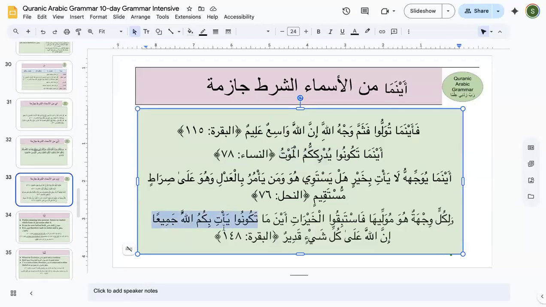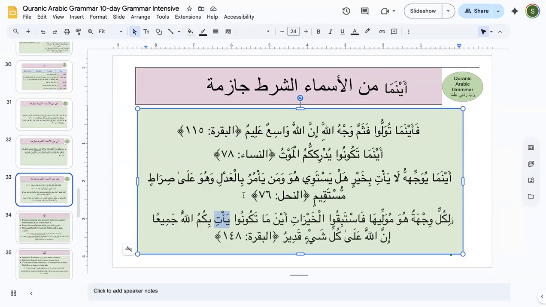There is no need for any fa because the jawab was jumla filia. It does not have any of the 8 conditions where we needed a fa. In here, what is the sign of majzoom status in yati? It is the hasf of ya, it was ya ti. There was a ya at the end, and the kasra is not the sign. It is the omission of the weak letter. Very good job. It was ya ti.